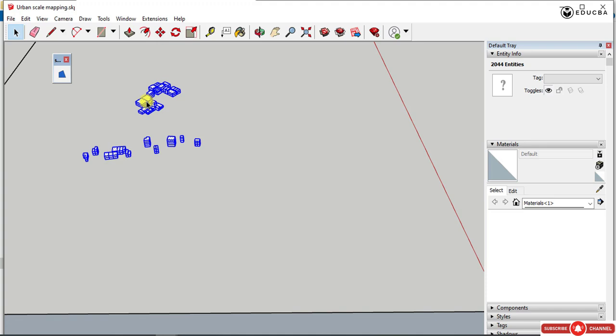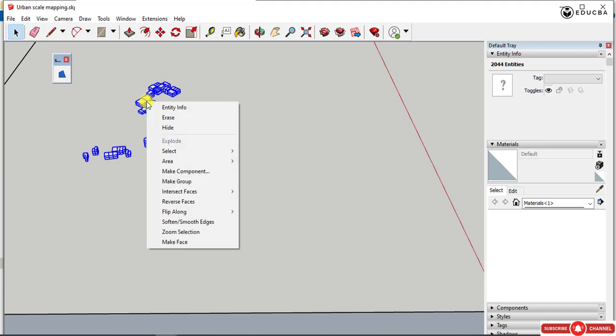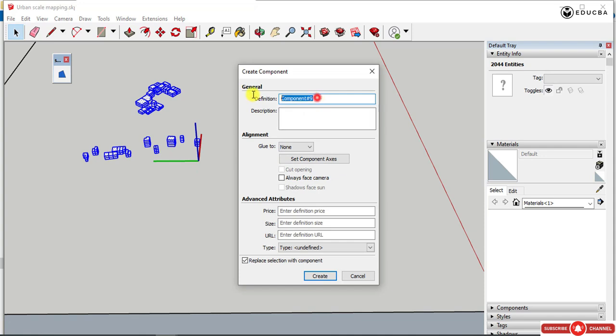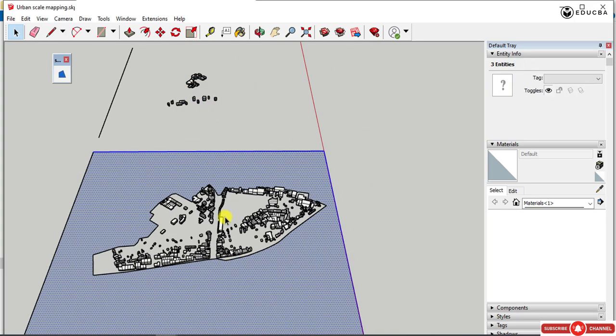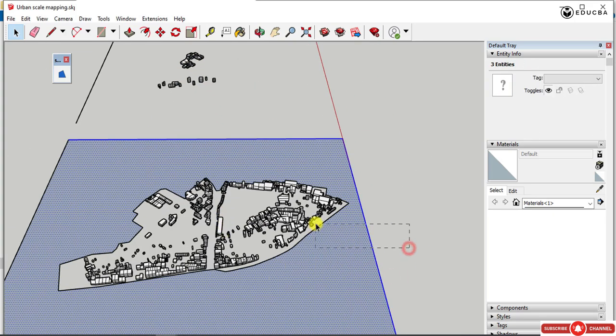And right click, make component, say it as layer 1, industrial huts. Similarly, second layer,